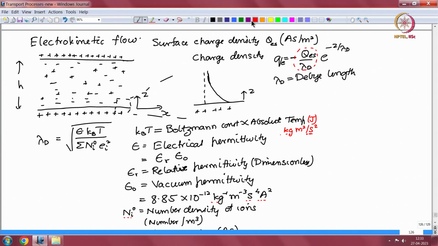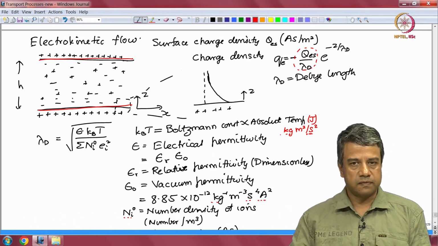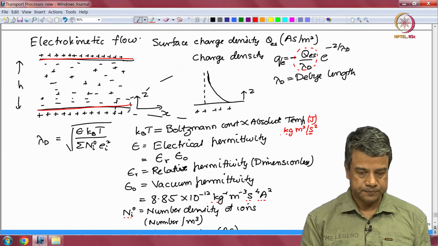Let us continue our discussion of electrokinetic flow. Okay. So, I had said that if you have a charged surface, for example, fluid in a channel bounded by walls whose surfaces are charged and that fluid contains ions. The charged surface, if it is positively charged for example, and there are positive and negative ions in the fluid in between the two surfaces,